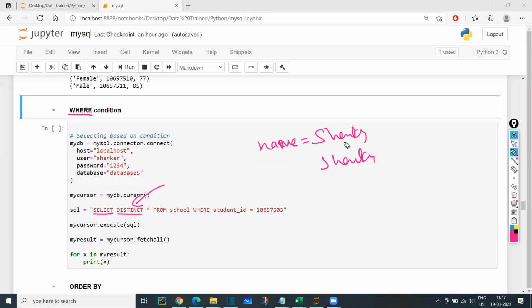data in each and every column. So I have two Shankars. If I mention distinct, only one Shankar data will be retrieved, unique data. I don't want a duplicate one. So for that reason, I'm going to say distinct. Select distinct all the column data from where? From table school,